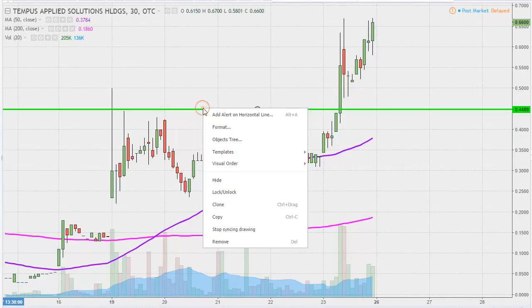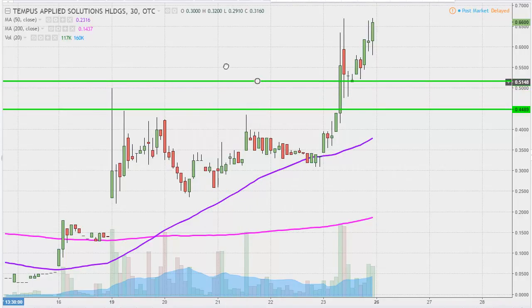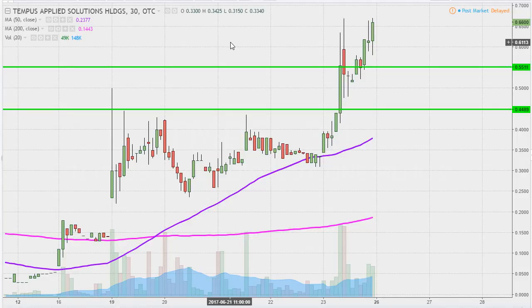An ideal level of support, when you ask, Clay, what would make this chart look the absolute strongest going forward? If right here at 55 cents can continue to hold as support, that would be a great sign of strength. Now, don't get me wrong, if the price falls below it, by no means am I saying the entire chart's ruined or anything like that. But yeah, if the price can manage to stay above 55 cents, that would be a huge sign of power